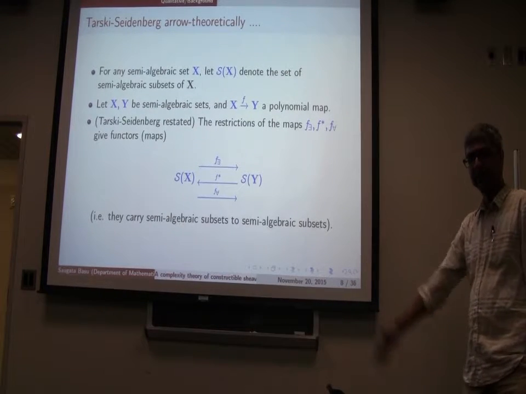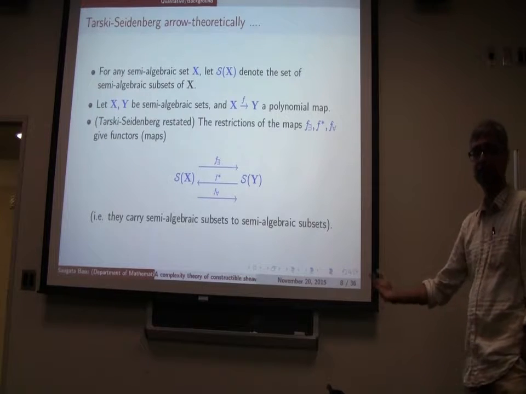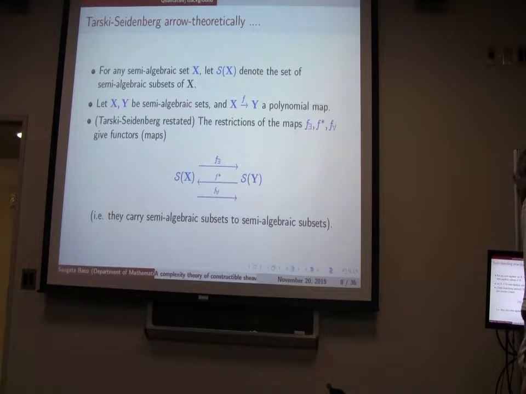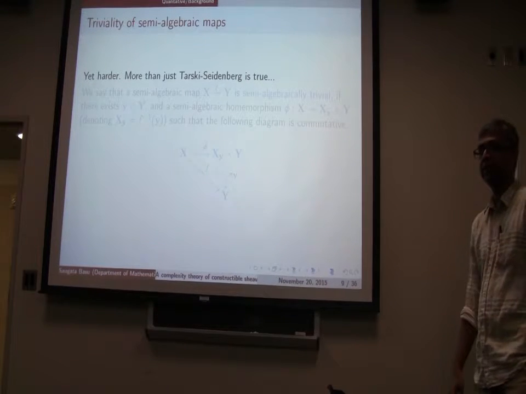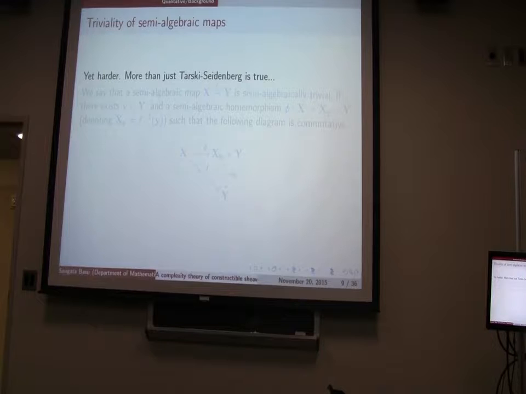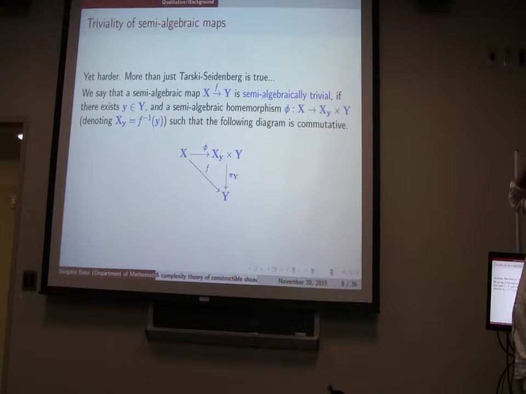Proving that they are closed under direct images is less obvious, still true. But in fact, there is yet another slightly harder fact, that more than just Tarski-Seidenberg is true: that semi-algebraic maps can be trivialized in the following sense. We say that a semi-algebraic map is trivial, semi-algebraically trivial, if